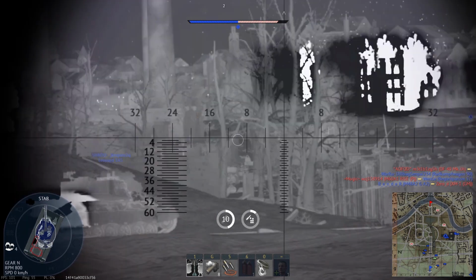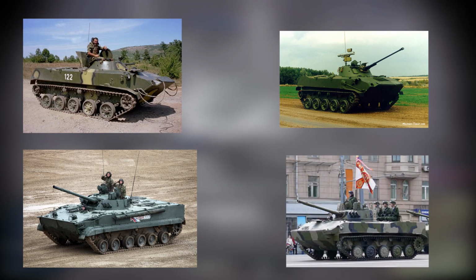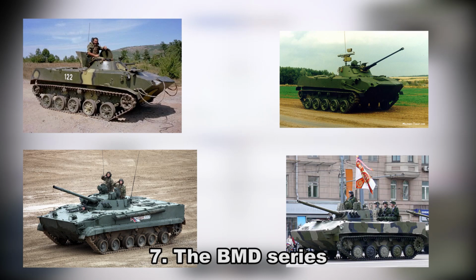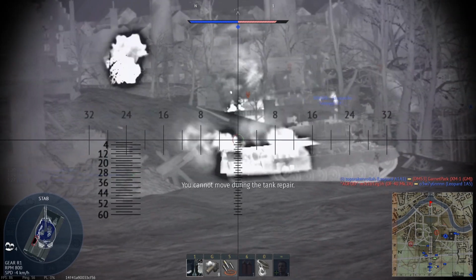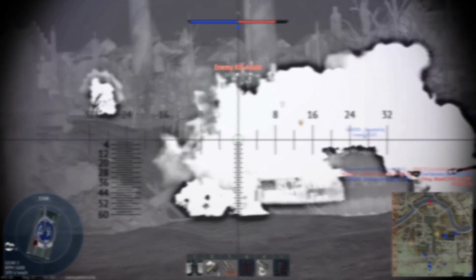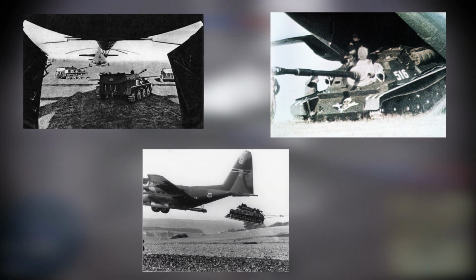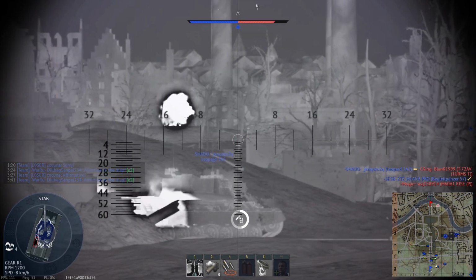For the 7th spot, I like the BMD series. The BMD-1, BMD-2, BMD-3, and BMD-4 are airdroppable cousins of the BMP family and are equally as, if not more, capable than the BMP family. Airdroppable vehicles have been around in War Thunder for a long time in the form of the ASU-57, ASU-85, and the M551 Sheridan, and if it were possible to implement these with their airborne spawn included, it would be pretty